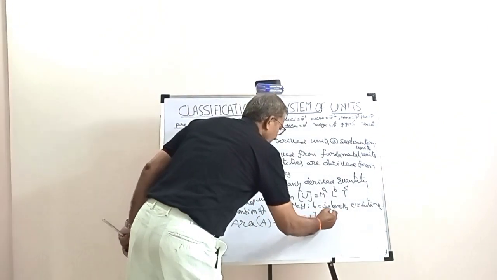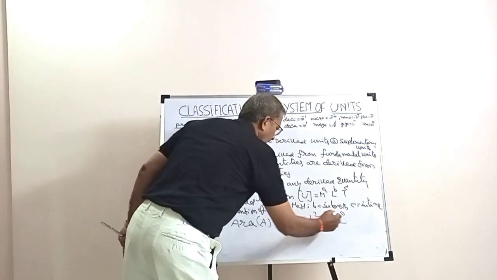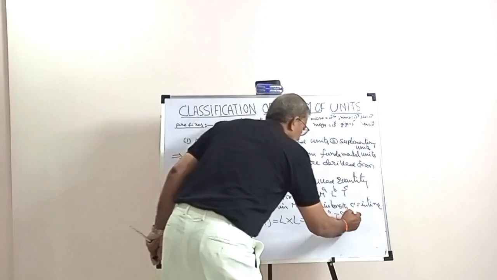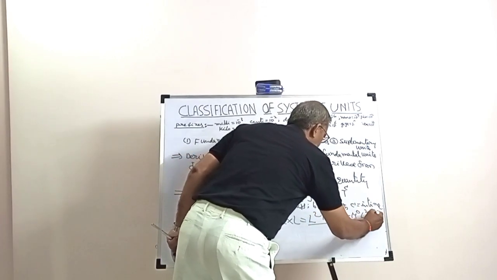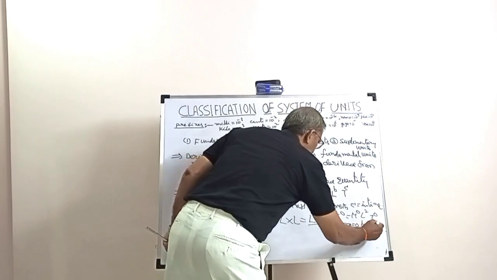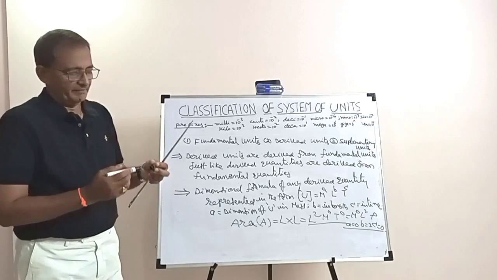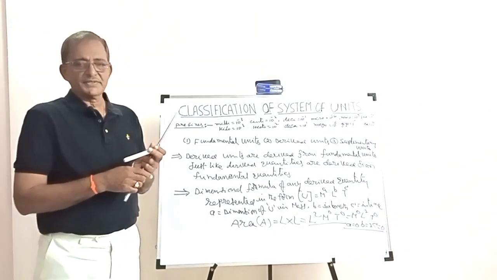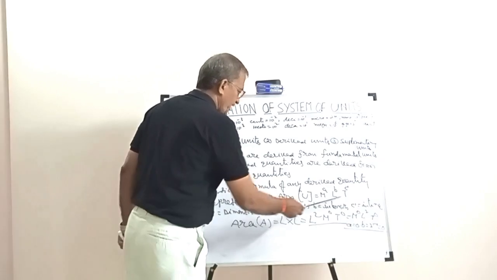But there is no mass here, that's why we are putting 0. There is no time, we are putting 0. Ultimately, in a systematic manner, it is m0, L square, T0, where A is 0 here, B is 2, and C is 0. In this way, all derived quantities, first of all, we must know the structure of the derived